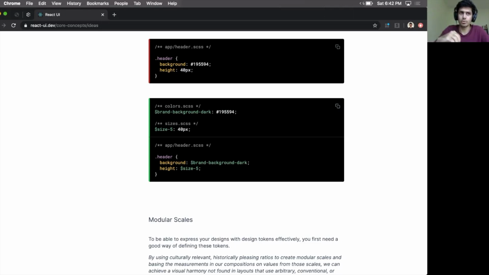So this is what it looks like in practice, but then what you're essentially trying to do is take all of the decisions that you have made in your styling and put them in a central space, right? So it's almost like creating a config for yourself. And then this can extend to a lot of things.